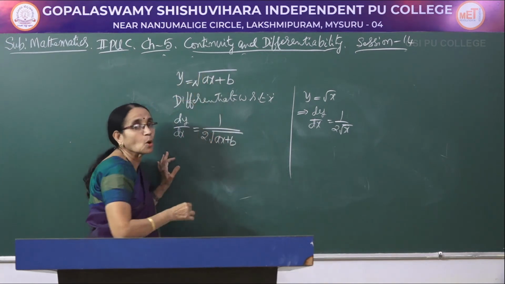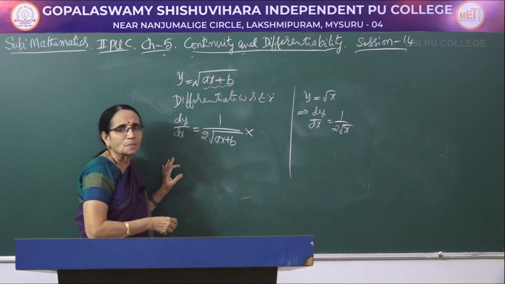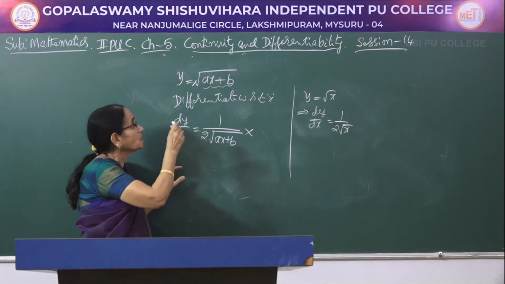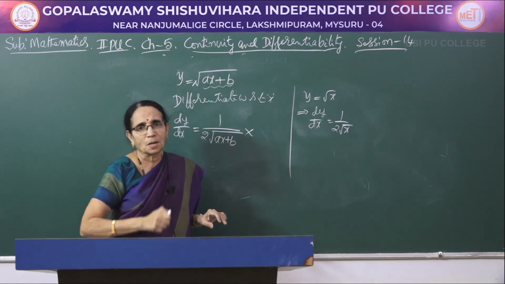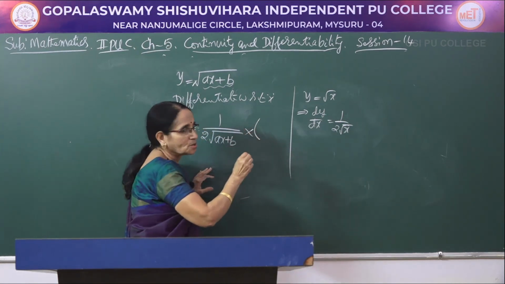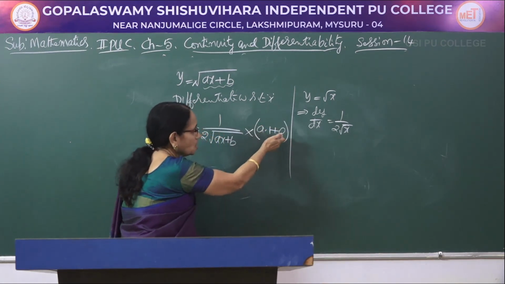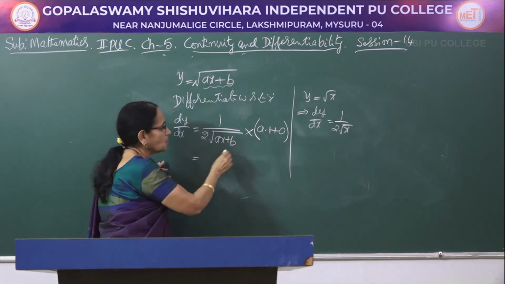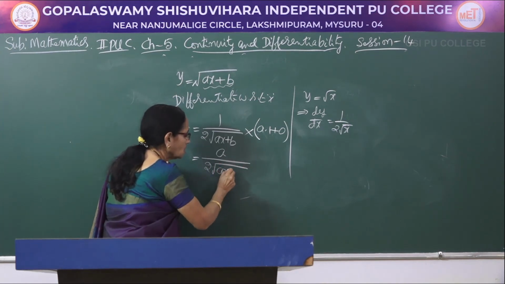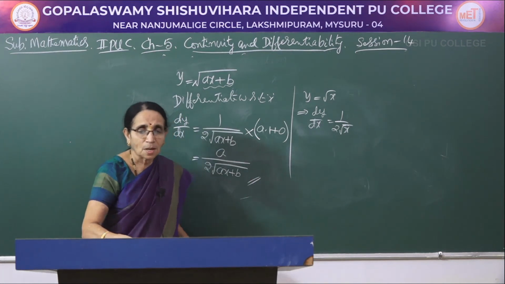So, this root part is over, correct? Into. Now, this has to be differentiated. The root of anything is 1 by 2 into root of the same thing, that is over. Now, ax plus b, that itself is a function of x, which has to be differentiated. So, what is the derivative here? a, b are constants. So, a into, for x it is 1, for b it is 0. You need not write that one, but better you write. Now, a into 1, that is a, divided by 2 into root of ax plus b. Now, this becomes the derivative of the function. Understand? This is the procedure.